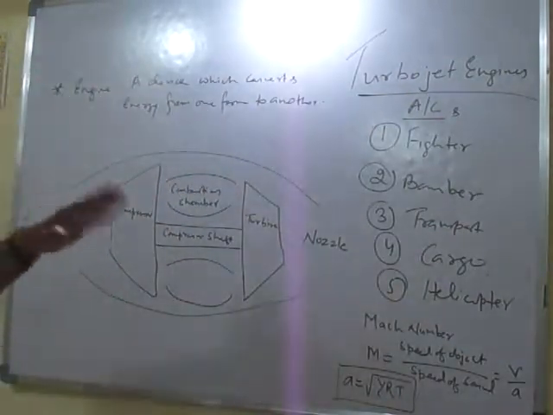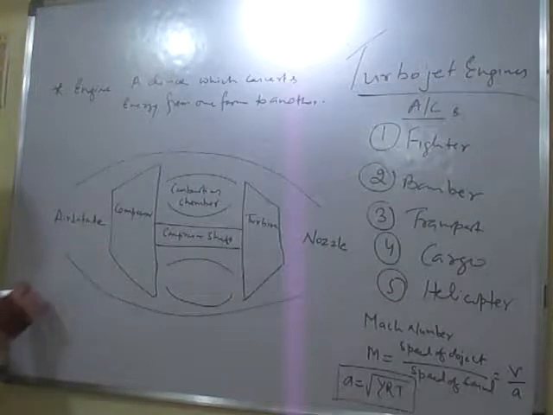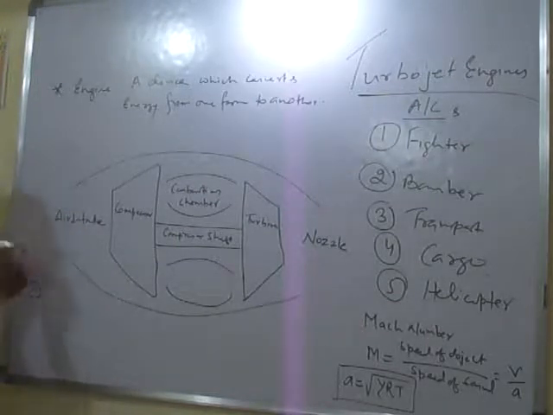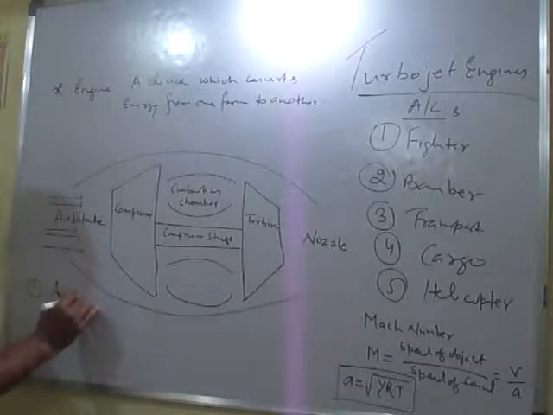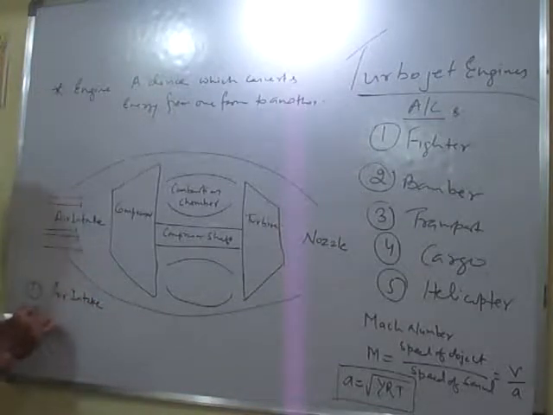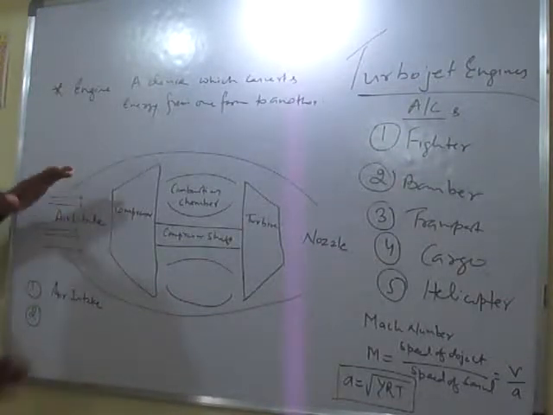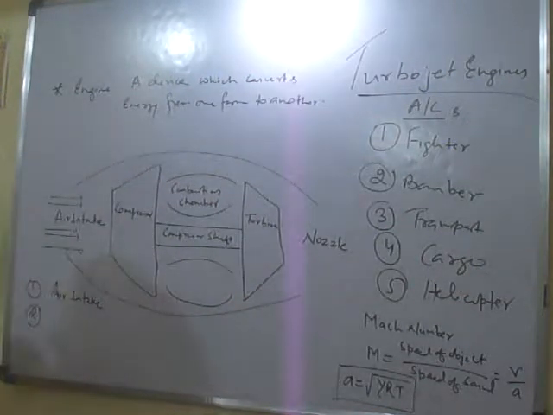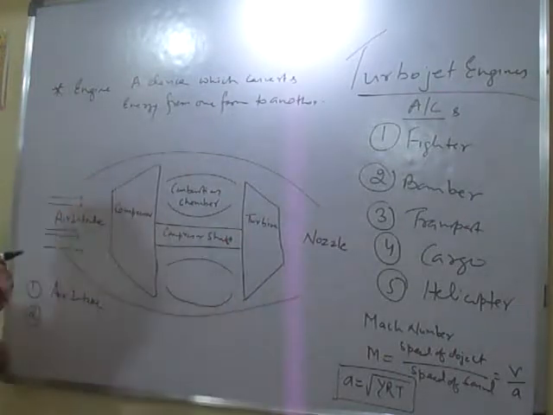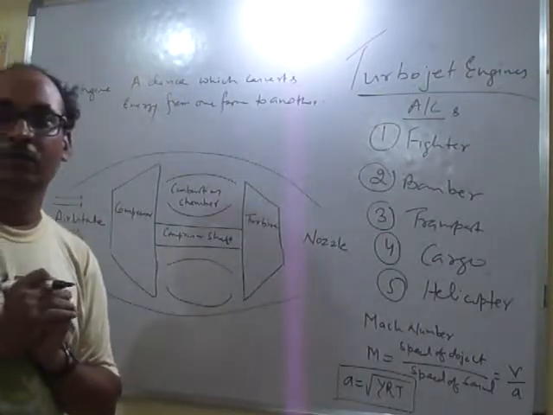Right. So let us see what the components of a turbojet engine are. The very first component is the air intake, through which air enters into the engine. The very purpose of the air intake is to allow the air to enter this particular duct in the engine assembly, and it is designed in such a way that it provides a smooth airflow, and also reduces the speed of atmospheric air.